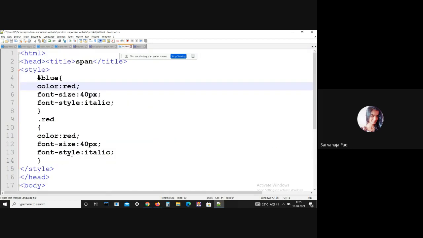But the difference between the ID attribute and the class attribute is that the class attribute is denoted with a dot, but the ID attribute is denoted with the hash symbol. This is the major difference between them. You can use any one of them if you want to add CSS properties in internal CSS type. I hope everything is clear till now.